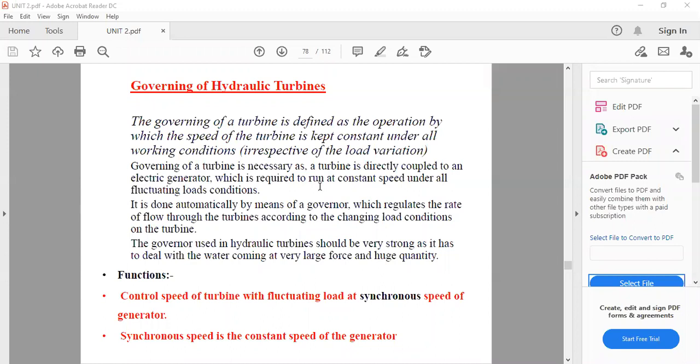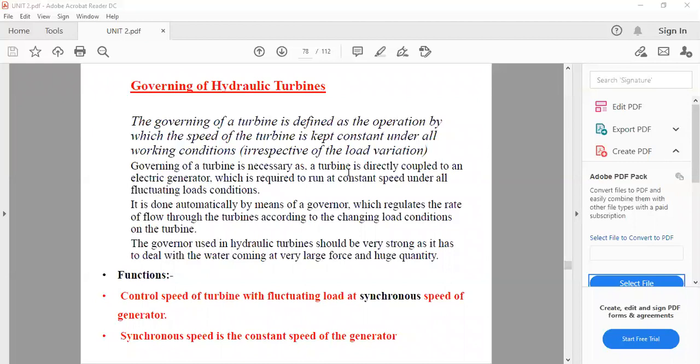So how to control this speed? That's why we require governing procedures. There are two to three governing procedures to control the speed of the turbine. So see here, what is governing? Governing of turbine is defined as the operation by which the speed of the turbine is kept constant under all